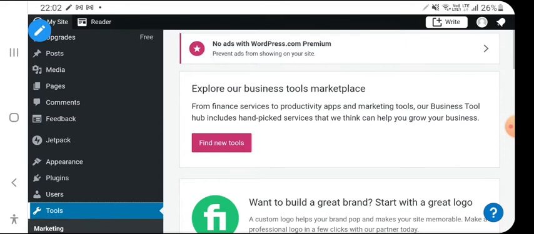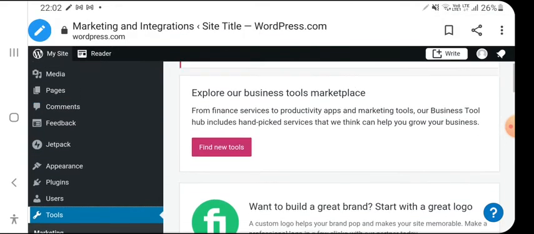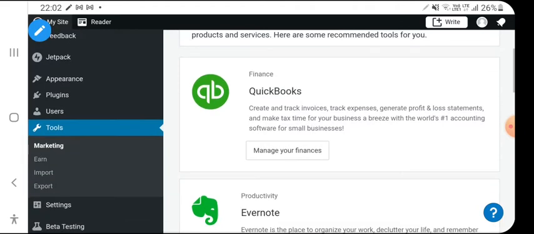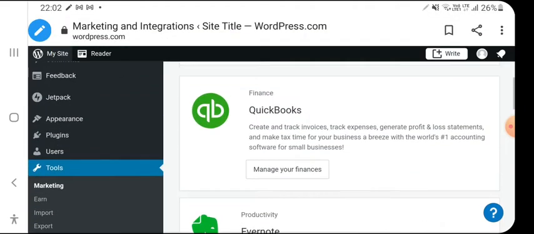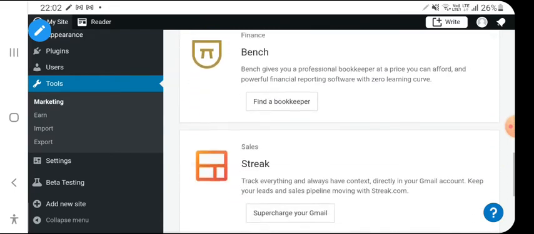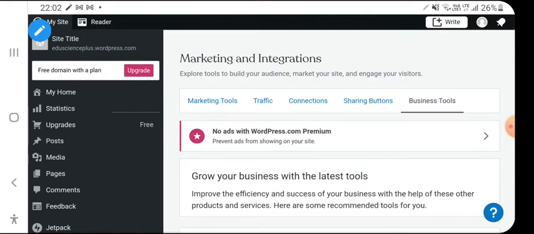There are also QuickBooks, Evernote, productivity, finance, project management tools. There are many tools and these are now paid. I would say that we can learn more from our experience, that would be better.